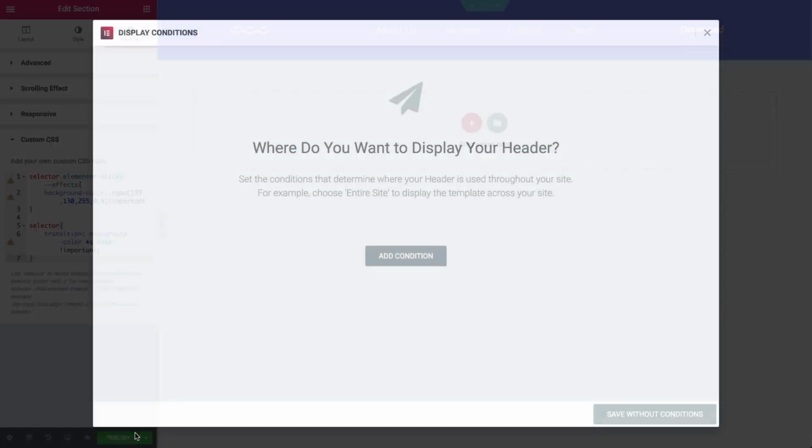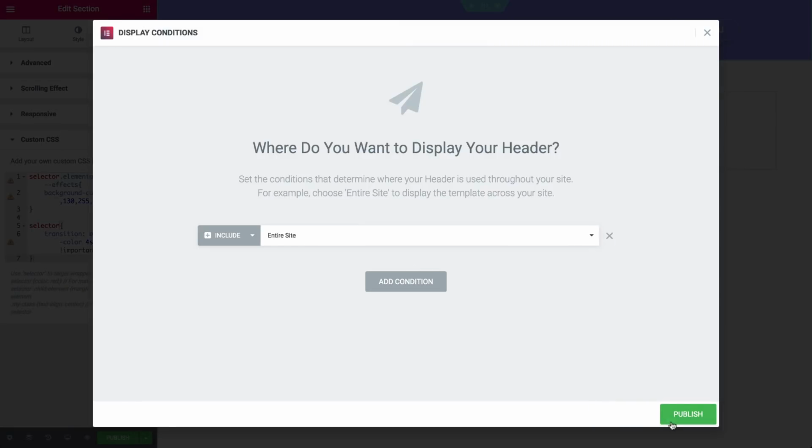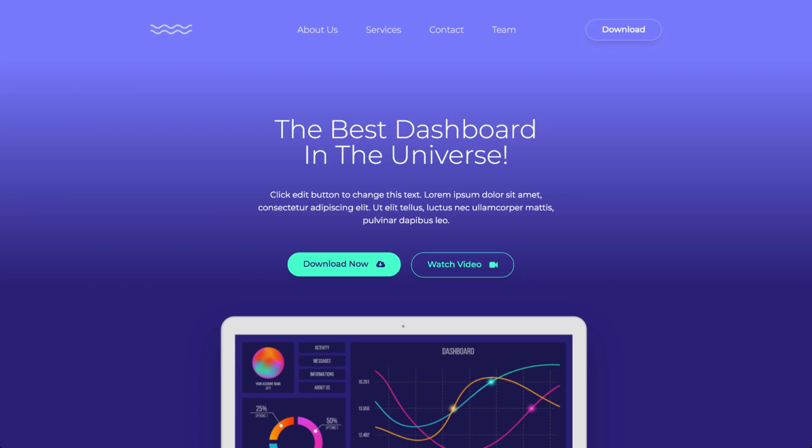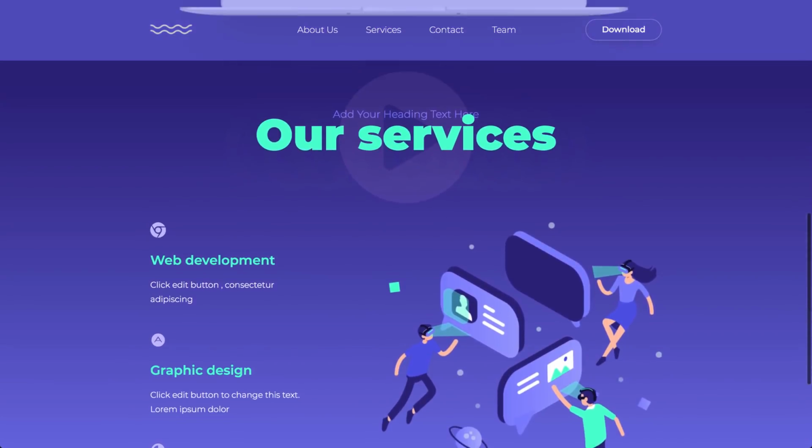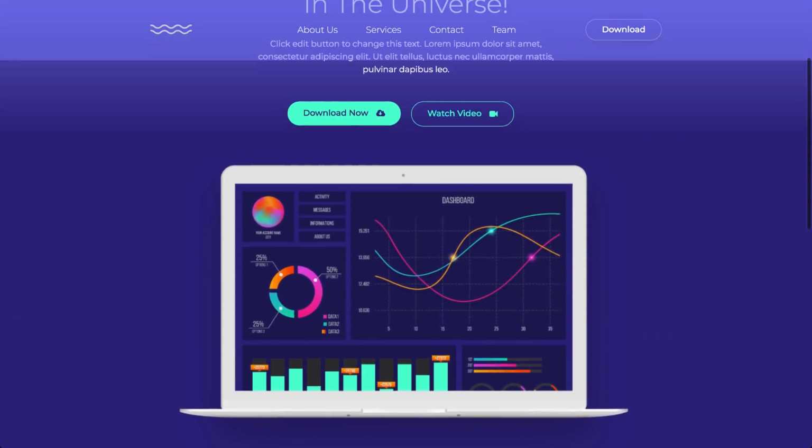Click Publish and set your conditions. Let's preview what we did. Looking good. But we'll also add a cool animation to it, so the menu bar will scale down a bit